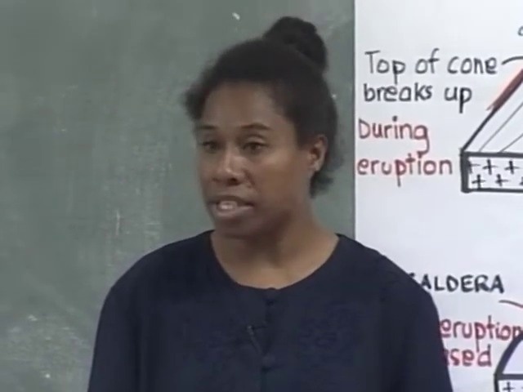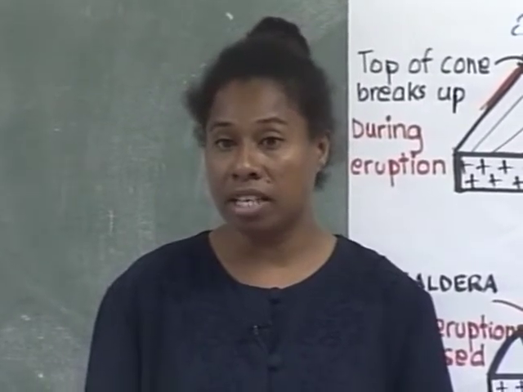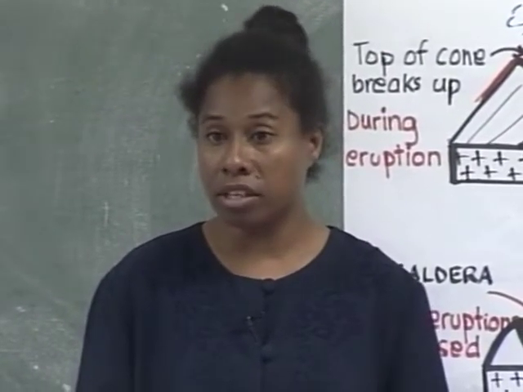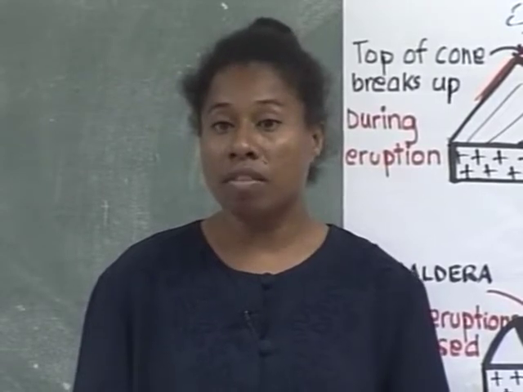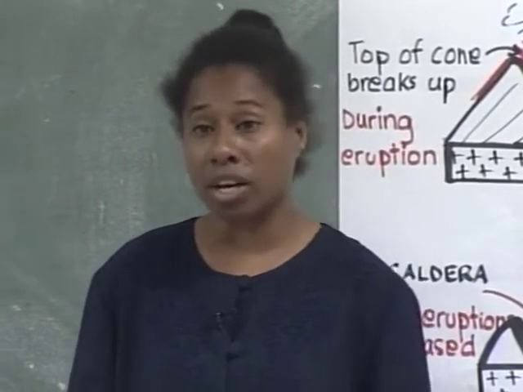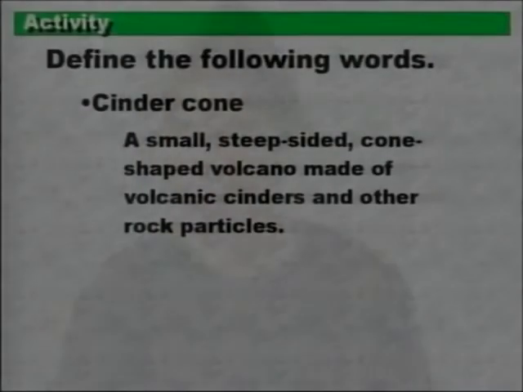Volcanoes which are built up mainly of ash and cinder materials, or we can also have volcanoes built up of pyroclastic materials. Okay, we'll double check on the definition from the monitor. It tells us also that it is a small, steep-sided, cone-shaped volcano made of volcanic cinders and other rock particles. The next word, Catherine,